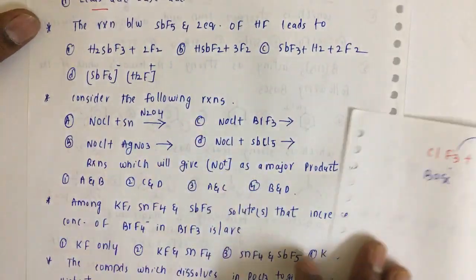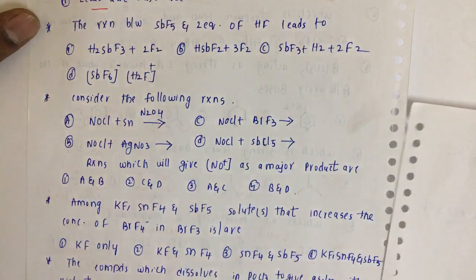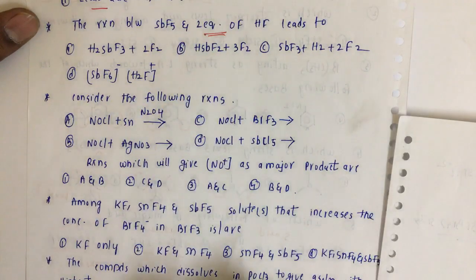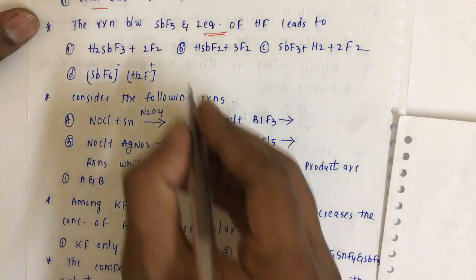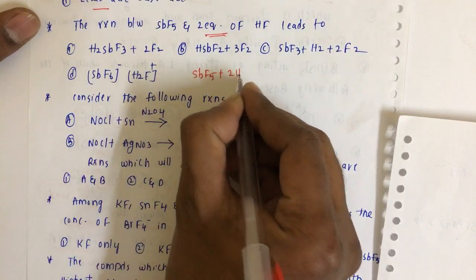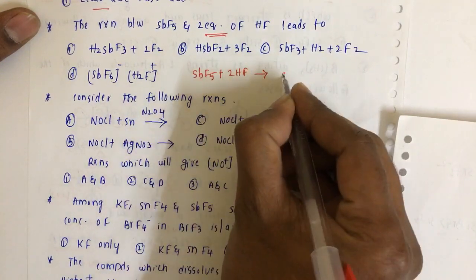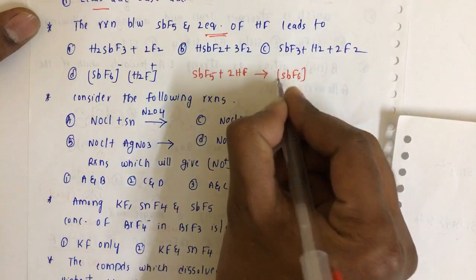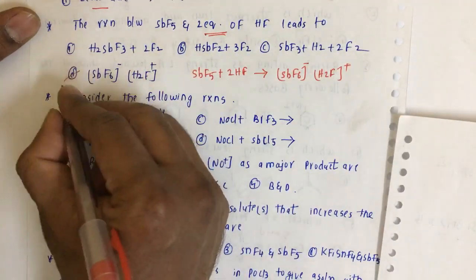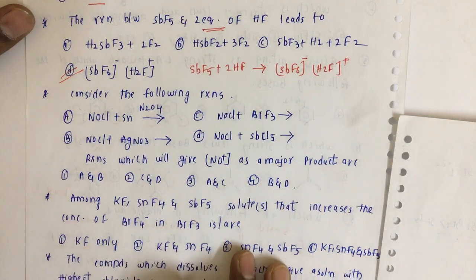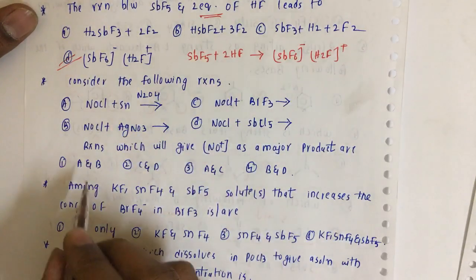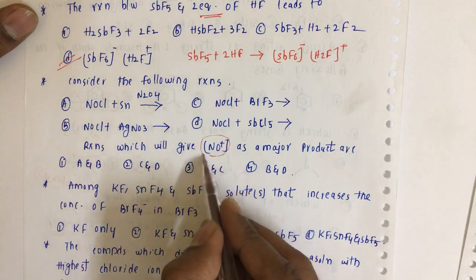And the reaction of SbF5 with two equivalents of HF leads to form what? So here we have SbF5 plus two equivalents of HF. So it leads to form SbF6 minus and H2F plus. So this is the product. Next we have, consider the following reactions. There are four reactions given. The reactions which will give NO plus as a major product are,